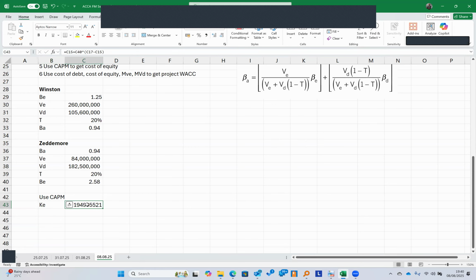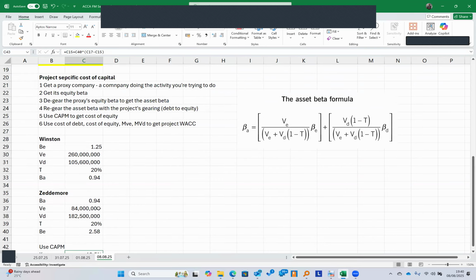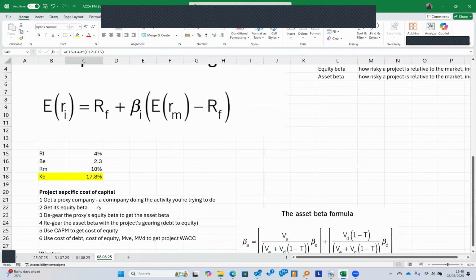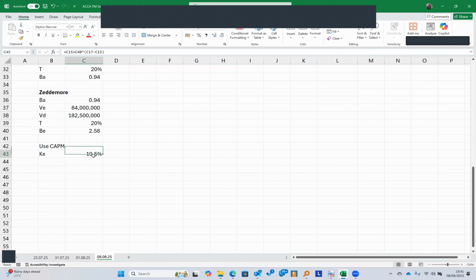So that is about 19.5%. If you check, the one we got up was 17. The one we get now is 19. So the project specific